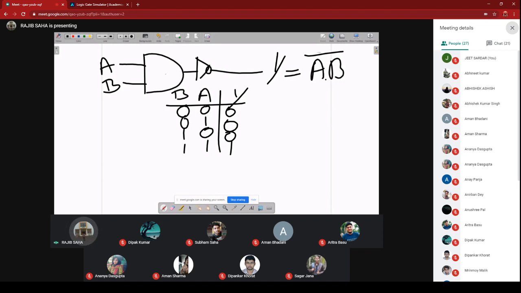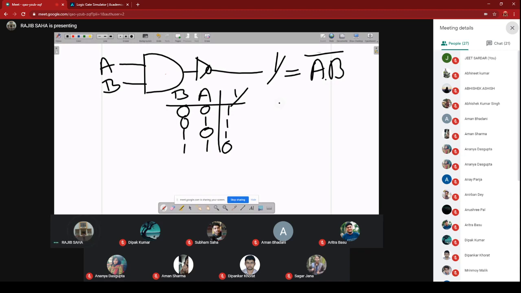And what is the logic of the AND gate? The logic of the AND gate is, if any of the inputs is 0, the output becomes 0. So NAND is just the opposite of the AND. That means in case of NAND, if any of the inputs is 0, the output becomes 1. For AND, if all the inputs are 1, the output is 1. Here, when all the inputs are 1, the output becomes 0. So this is the logic of the NAND gate.